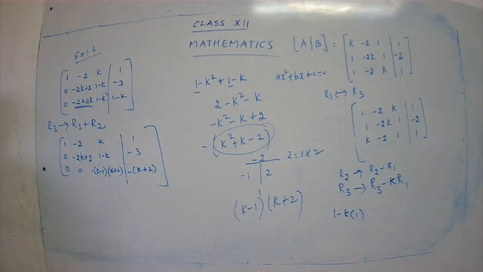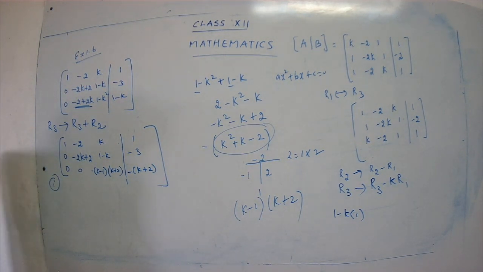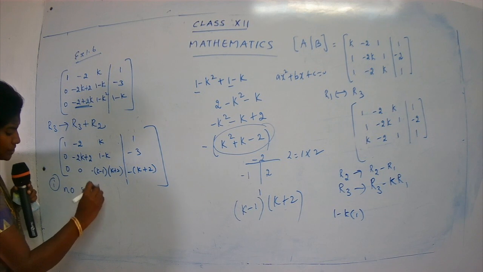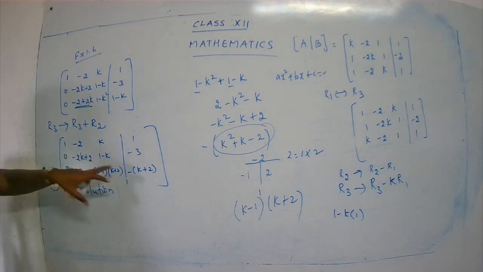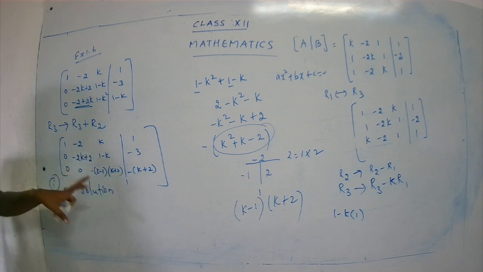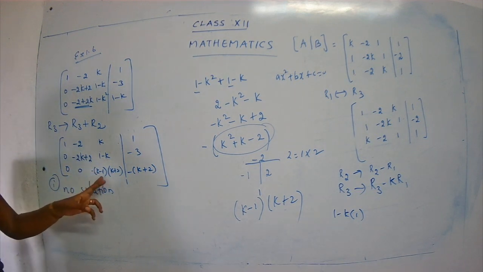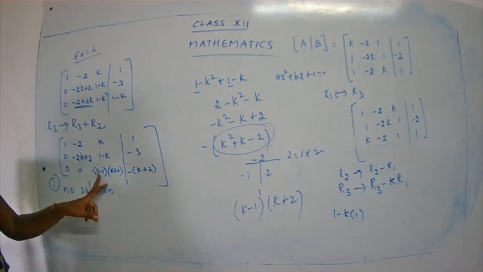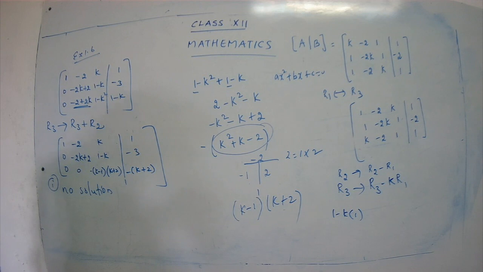Okay. So let's go for the first subpart of the question. That is, it should have no solution. Yes? No solution. When you have no solution, rank of A is not equal to rank of AB. Rank of A and rank of AB should not be equal. If they are not equal, you say that the system is inconsistent and it has no solution. Now here, when we open these roots, what will be the values for K? You may get a value for K as 1. You get a value for K as minus 2. So we have only two values for K to be used.